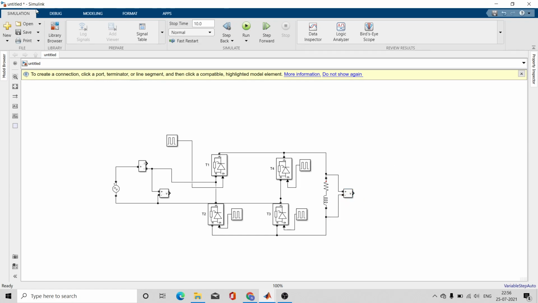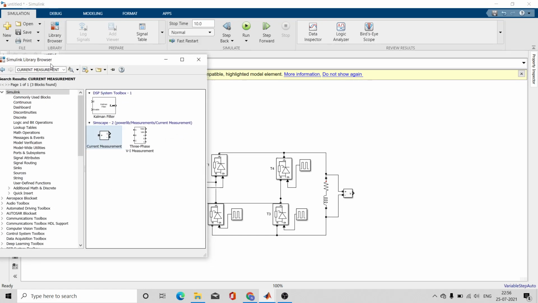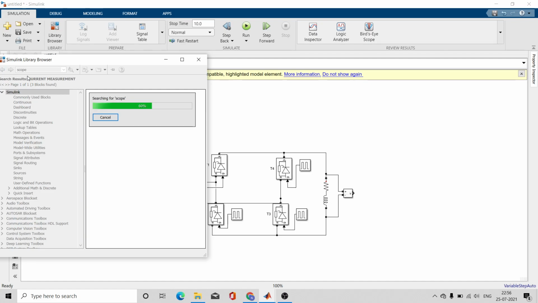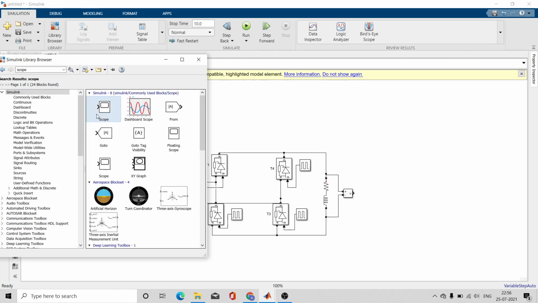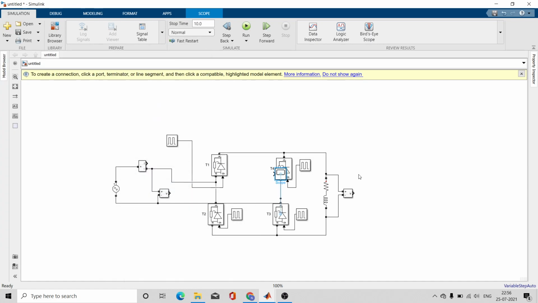Now let me take a scope just like the DSO that you use in your labs. We are going to use scope where you can see the waveforms, right? So this is the scope that you have to use. I want to check the input voltage, input current, and output voltage.